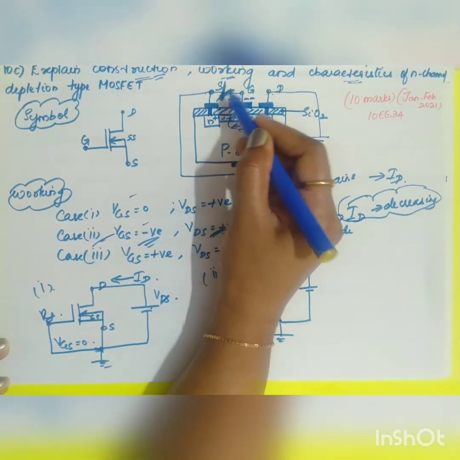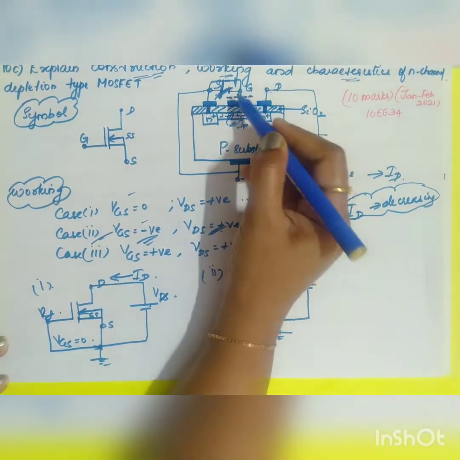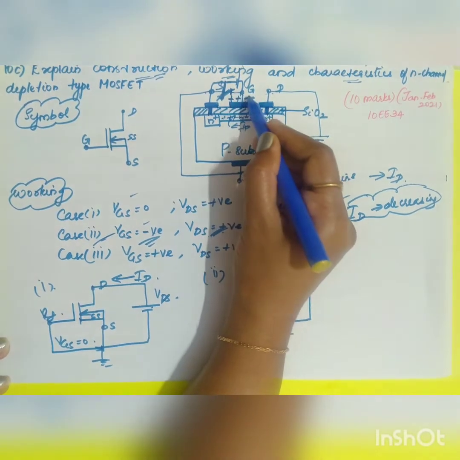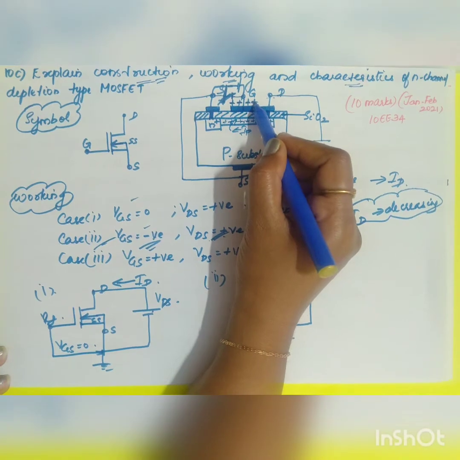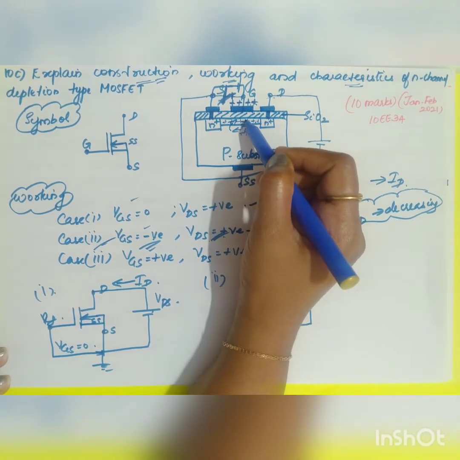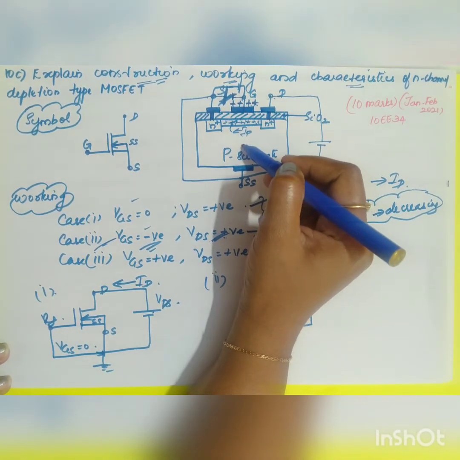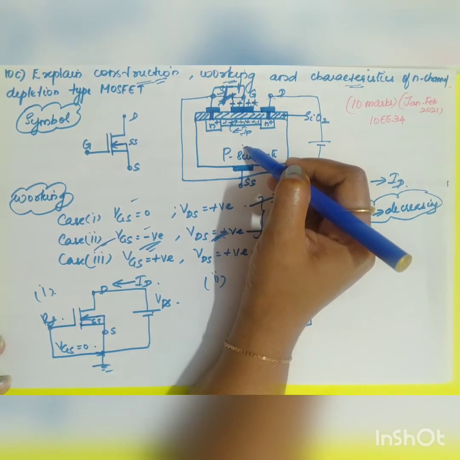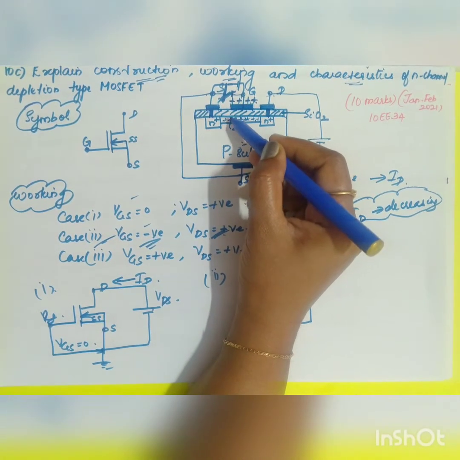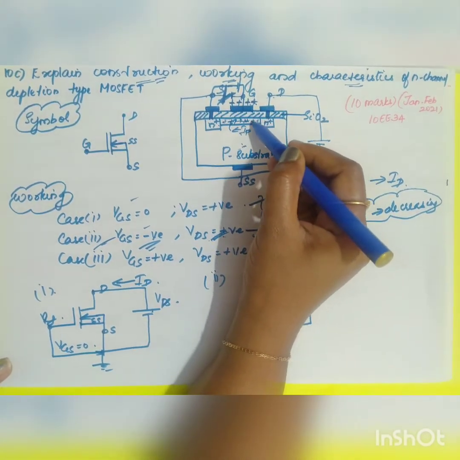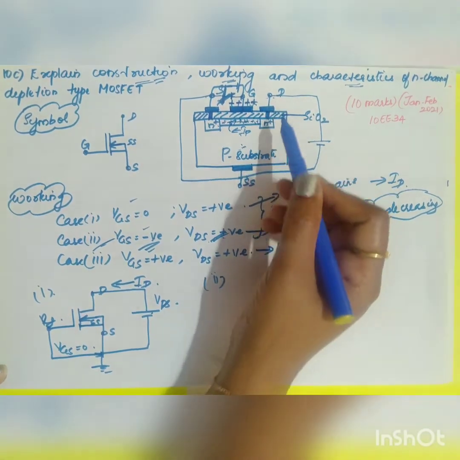Now this is your second case. Now if I give VGS positive, the opposite happens. For the third case, holes will be accumulated here. When you have the holes accumulated here, what will happen to the capacitor? It will further attract the electrons. Here the minority carriers are electrons, right? Those minority carrier electrons also will be attracted to the already existing electrons. So what will happen? There will be a huge increase in the amount of electrons, and your ID current